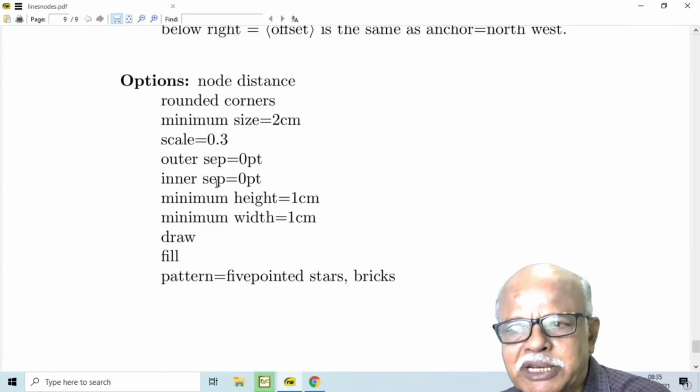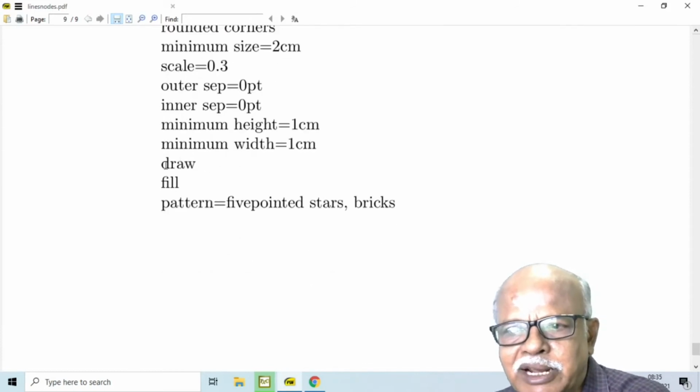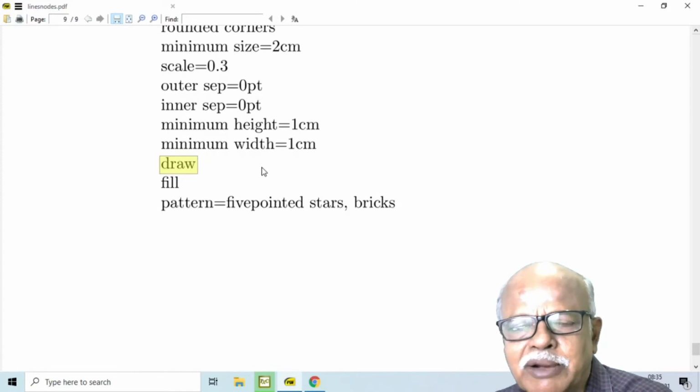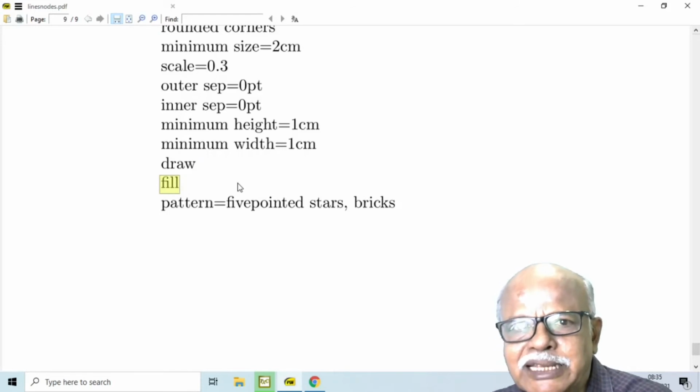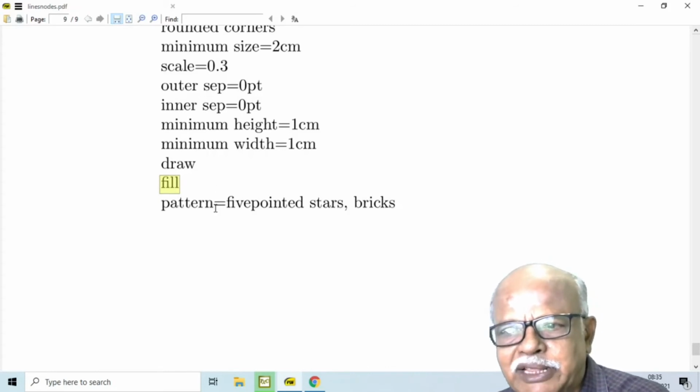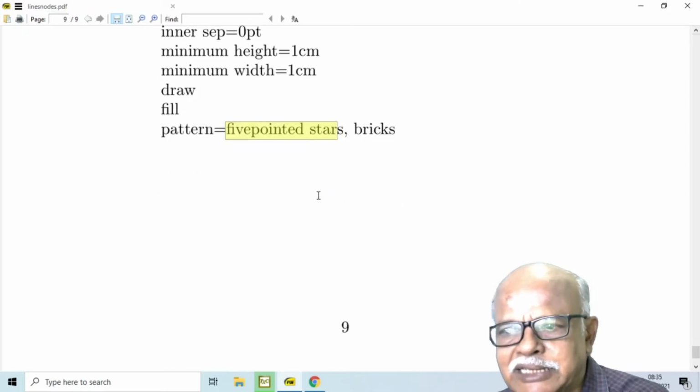Outer separation, inner separation, minimum height, minimum width. Draw refers to the border of the node. You can have a different color for the border of the node, while fill refers to the inner space within the border. This can have a different color. You can fill it with a pattern like this, 5-pointed stars or bricks, etc.